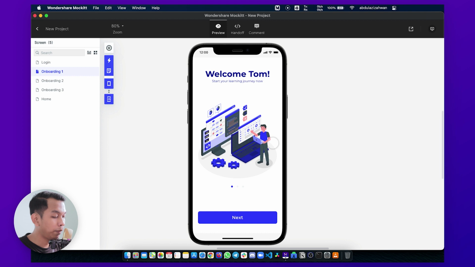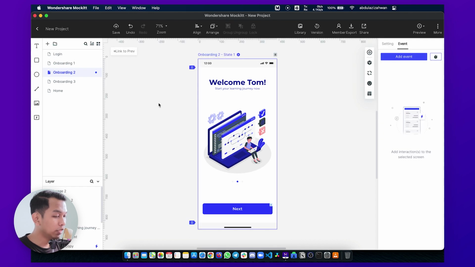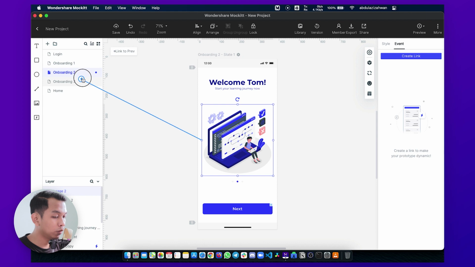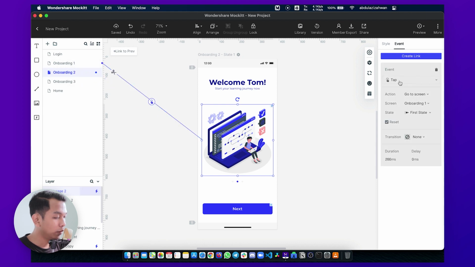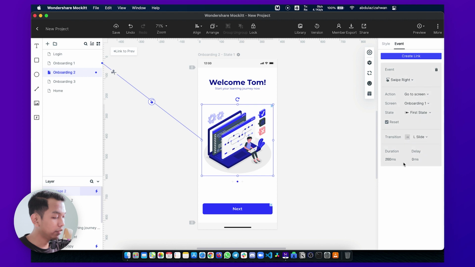Just test this. Try to swipe left. Alright, so we have successfully added another event. The next is we go to onboarding 2, connect this to onboarding 1. When we swipe right, it will go to onboarding 1, transition, left slide, duration 500, create link again,